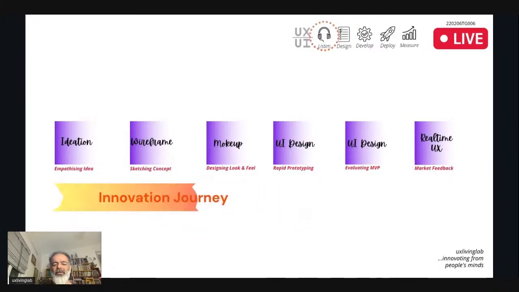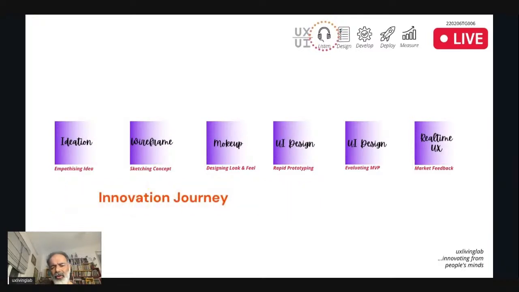Then this wireframe is developed towards mock-up. That is more look and feel, the colors, shapes, everything will be finalized. So it's called the mock-up stage. Then from mock-up, as a UI designer, you can develop UI designs, the interactive designs. That's the prototype stage.